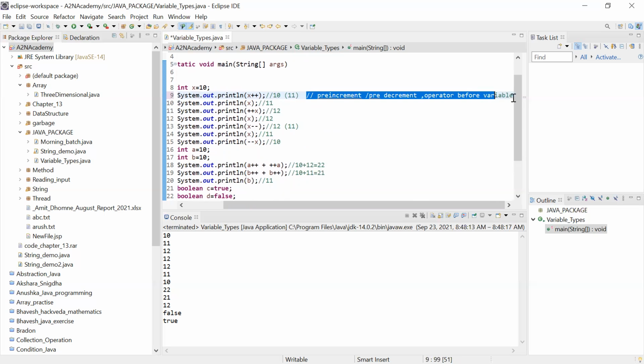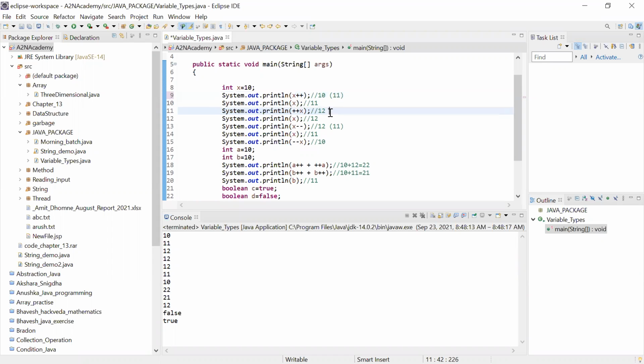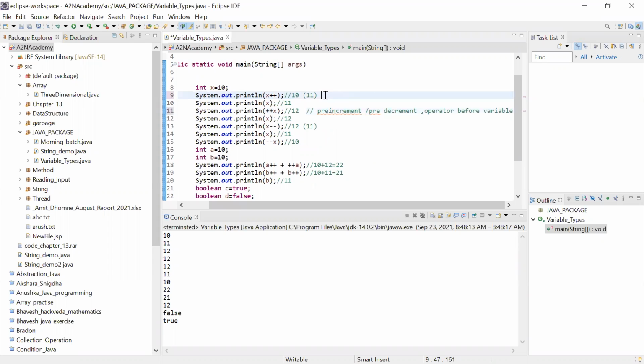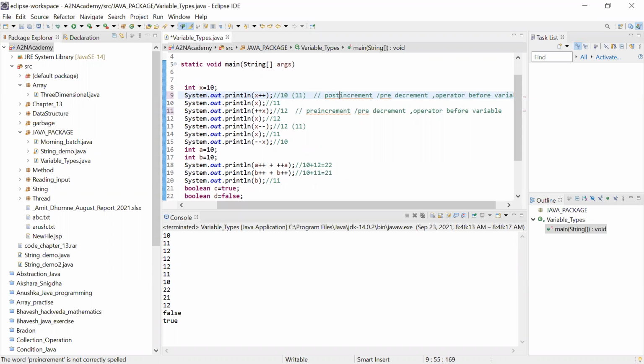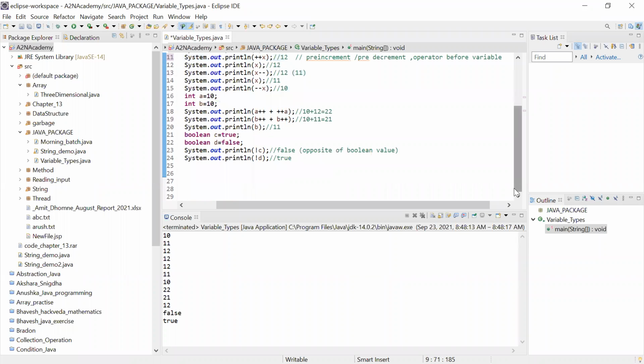And in case of post, here it will be post because the operator will be after the variable. Okay, so it will be after the variable.